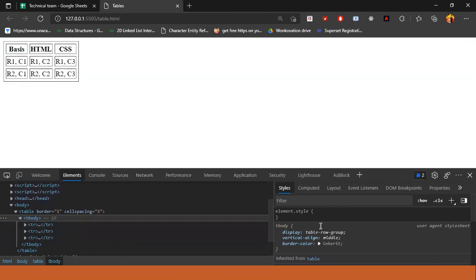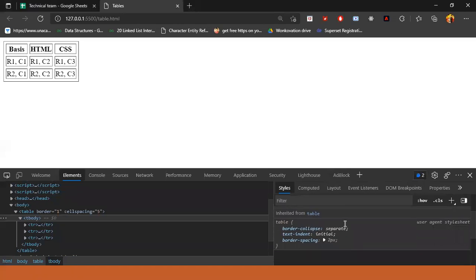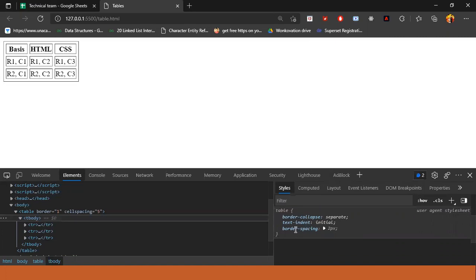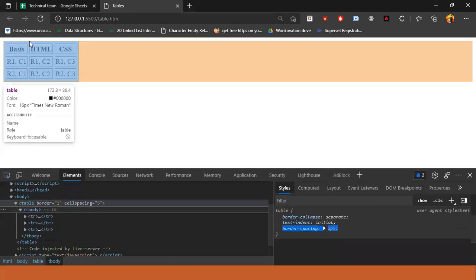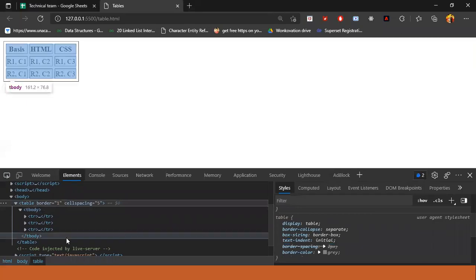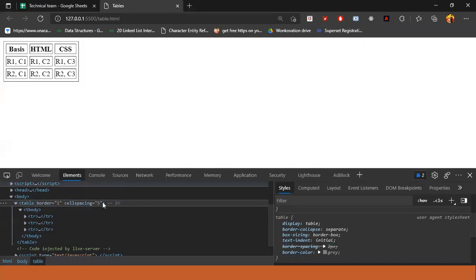And over here, see, cell spacing is there.